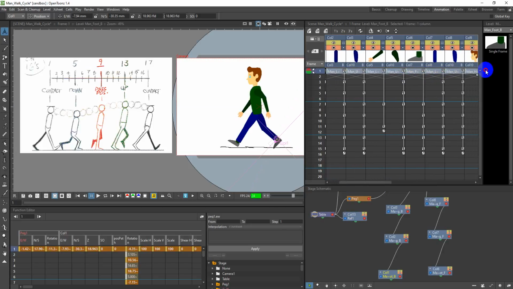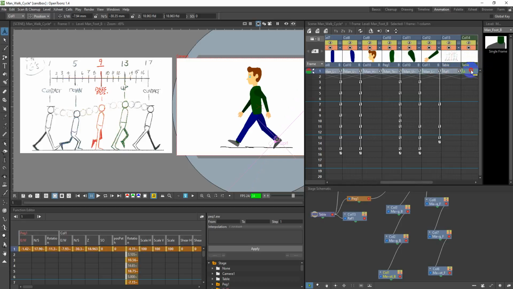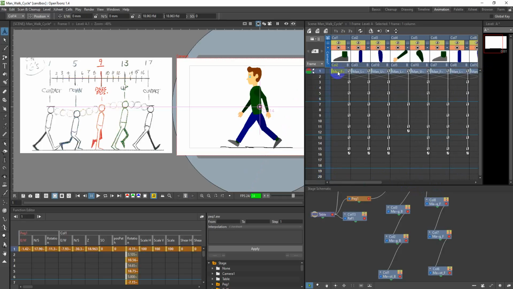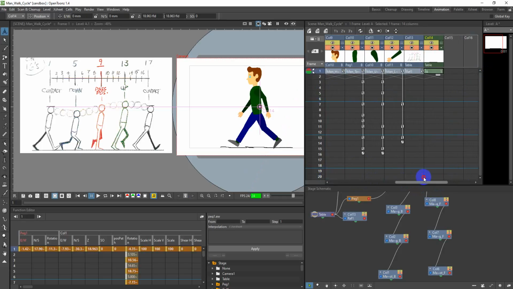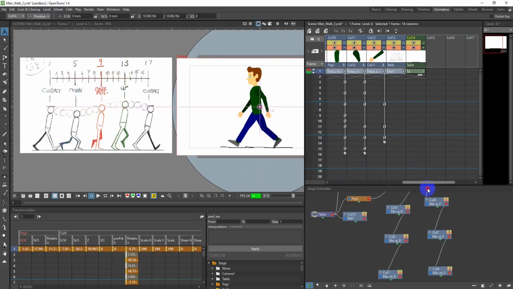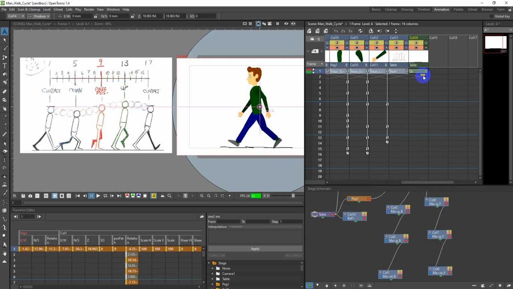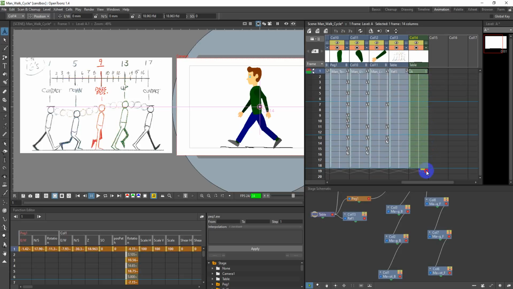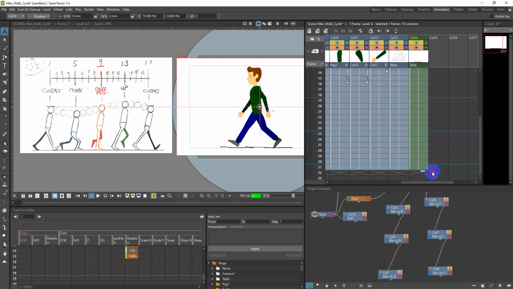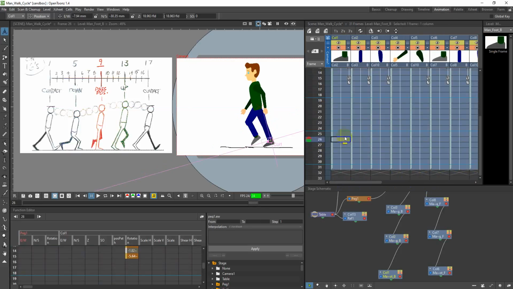Okay, the reason that I wanted to know how many frames we're going to do is because I'm going to highlight over these, and I will include my rubbish line and my reference for now. So I'm going to make sure they're all highlighted. You can either click and drag like I just did, or you can click on the first one, hold shift, click on the last one. That will highlight everything for you. And you'll notice on this last square, column 14, is this weird sort of block just underneath it. So if you click and drag that, what we're going to do is repeat the cell over and over. So there you go, I'm going to drag it down to number 31. And what that's done,